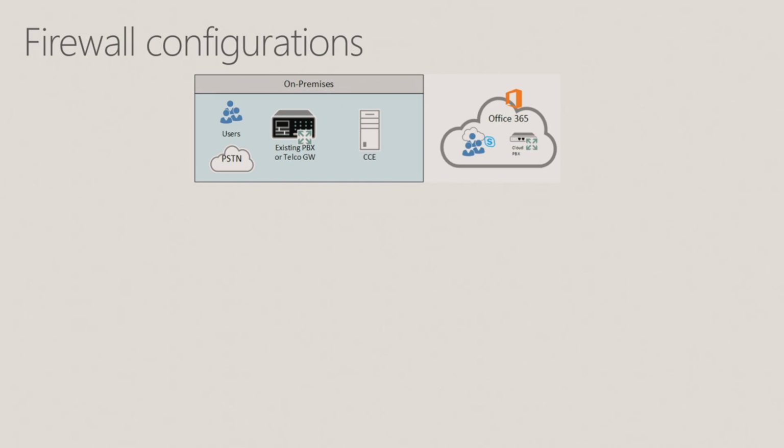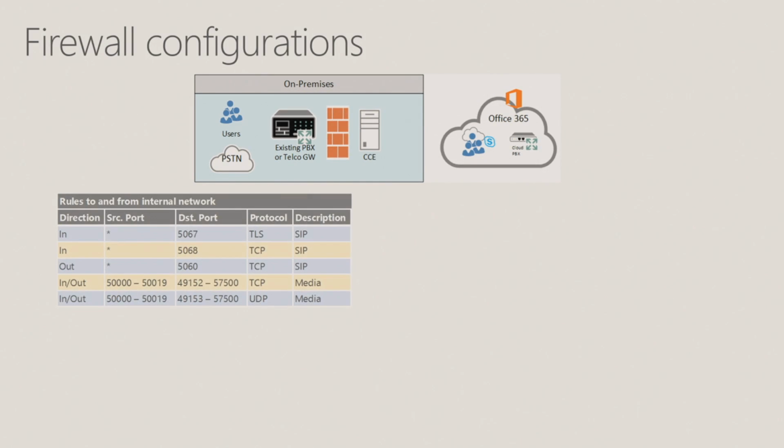So here we are again, little drawing. Let's put up that internal firewall. It's not a huge set of rules. As you can see, there's SIP trunk rules at the top, mostly signaling. These are the default values.